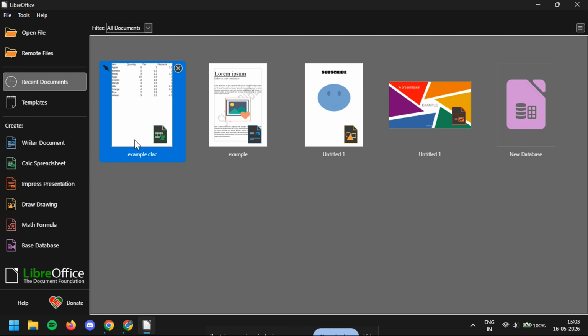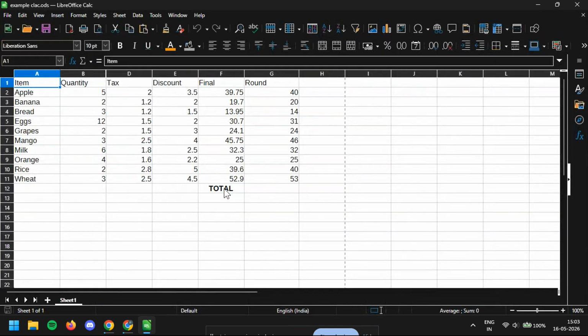Once your spreadsheet is open, look for the cell where you want the average result to appear. This is important because the function will place the answer in the cell you choose first. So click the empty cell where you want the final average to show up. Now type equals AVERAGE and then open the parentheses. So that looks like this, =AVERAGE(